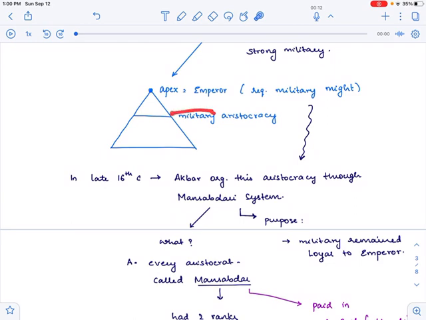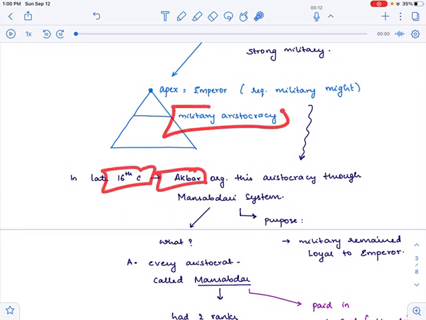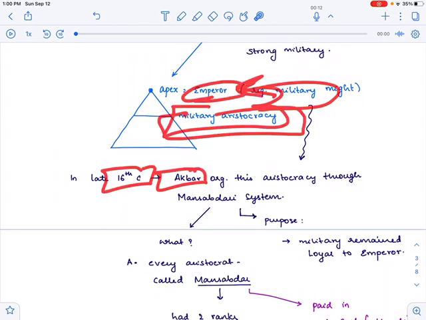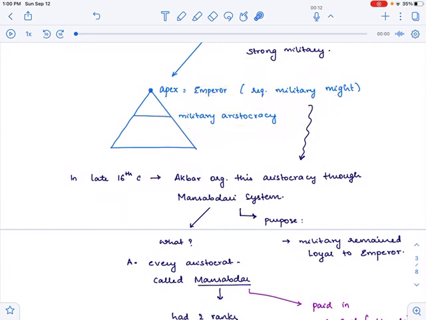In order to ensure that the military supported the emperor in the 16th century, Akbar felt that the military had to be loyal to the emperor. Only if the military is loyal to the emperor would the emperor be able to carry out his work. So in order to ensure that the military is loyal to the emperor, Akbar proposed this new